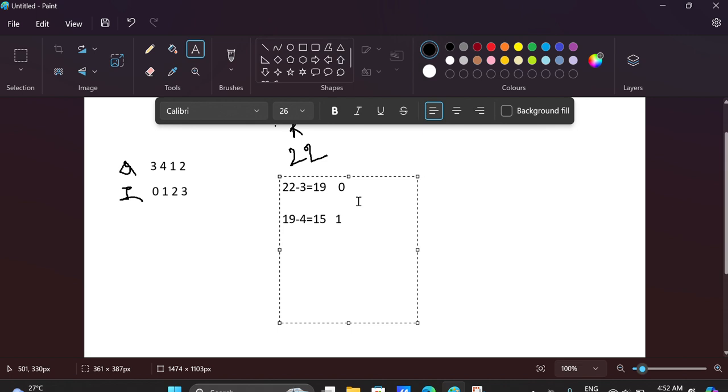And for the third student, he has to take the chalk, 1. And for the fourth student, he has to take 2, which is equal to